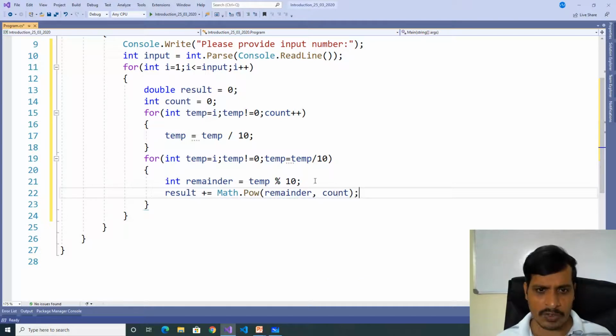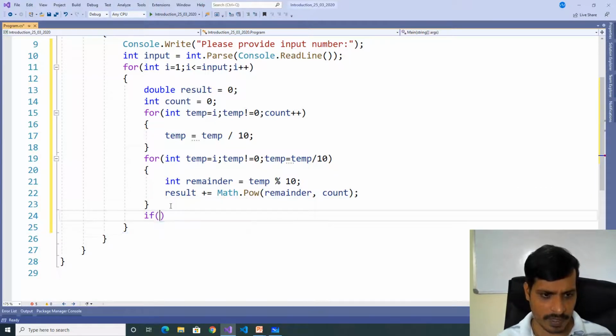Here this count value comes from the previous for loop. Here we are using the Math.Pow function. This function accepts two parameters as double and returns double. Here remainder and count are integers. Integer is 32 bit, double is 64 bit. Integer will convert implicitly to double, so here there is no need to convert.